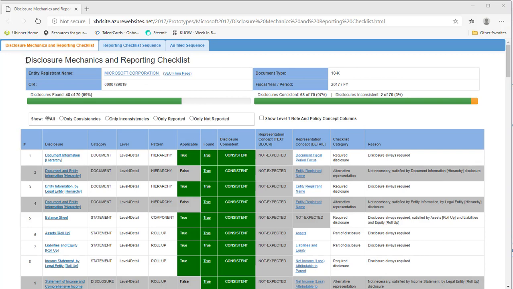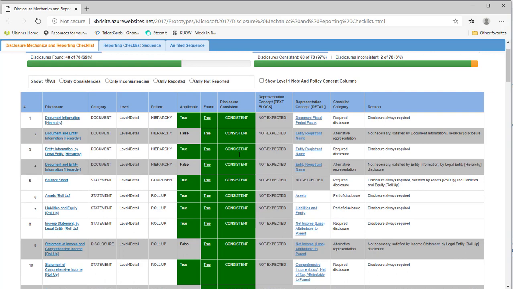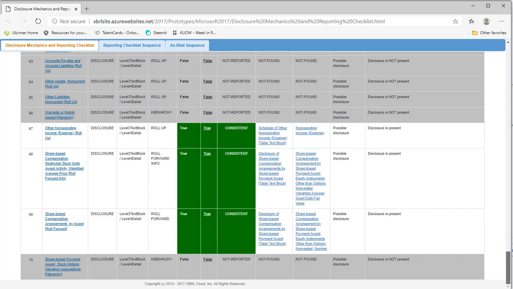So this is a report created by Experial Cloud. And what it does is it tests every disclosure to see whether or not it is consistent with expectation and whether it exists, if it's supposed to exist or not. So, if I go to the bottom of this, you see 70 disclosures. Okay, so this tests about 70 different disclosures. So that's not quite correct because there are some